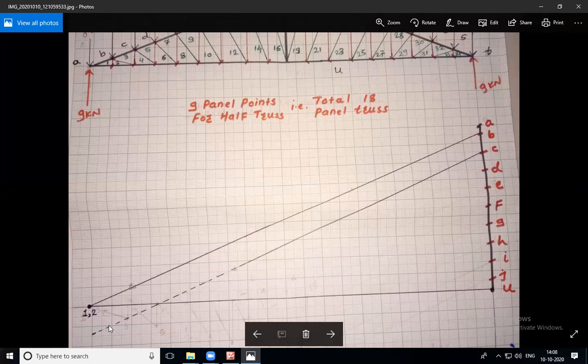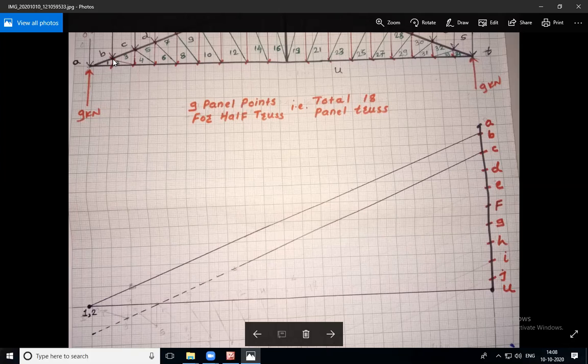Now we don't have the location of 3. We are going to locate that 3. How to locate that 3? See, we are analyzing point B. We have drawn the C3 line. Now if you move clockwise, from 3 to 2 there is this inclined line, this small inclined line. Now for this small inclined line, we have to draw a line parallel to it starting from 2.